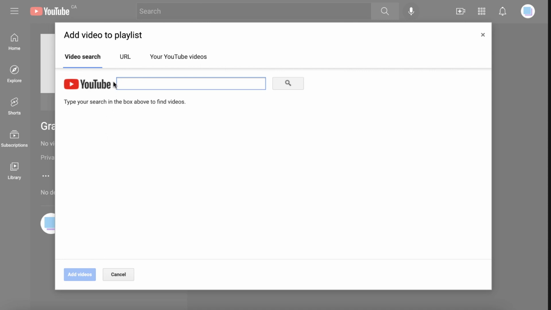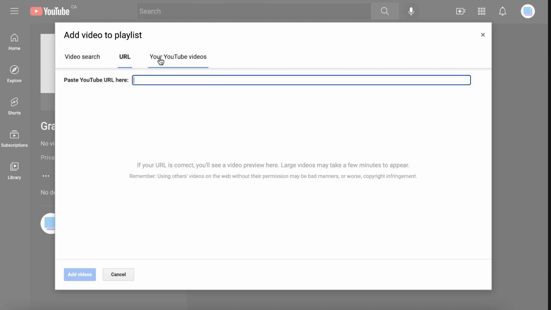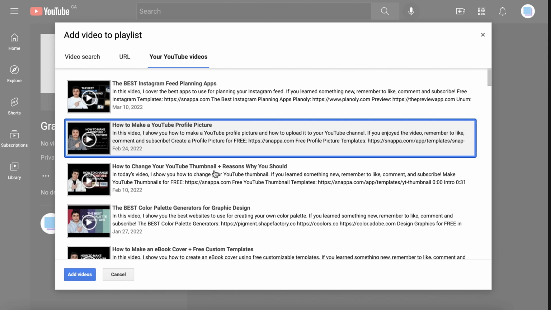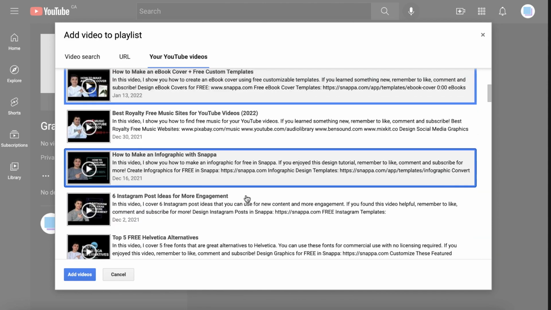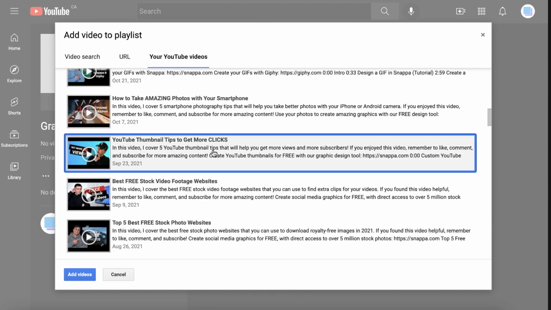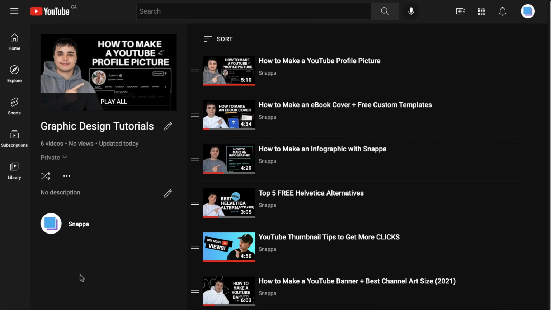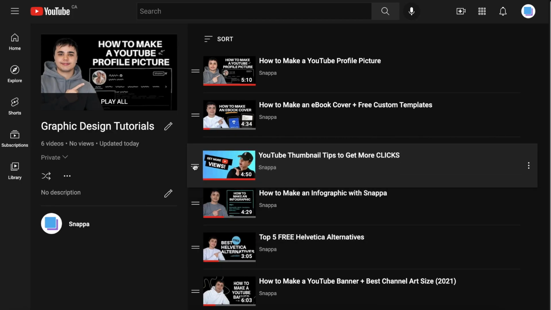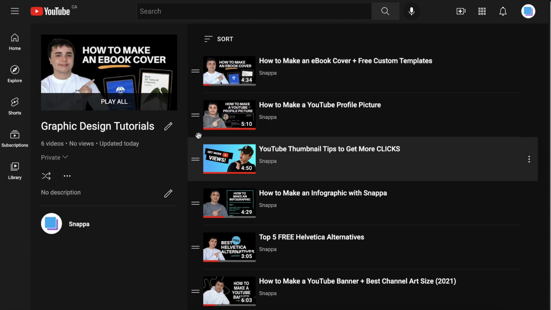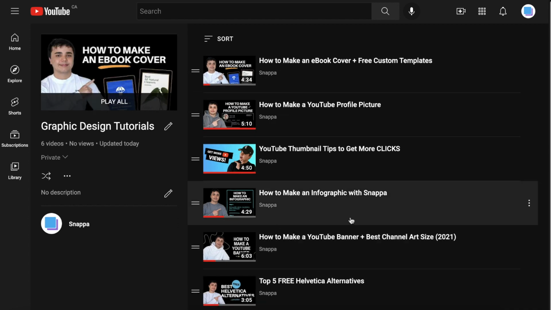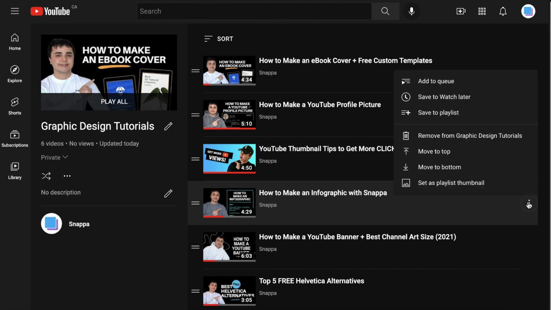YouTube lets you use the search bar, paste a URL, or add videos from your own uploads. Today, I'm going to click on a few of our uploads and add them to the playlist. Now that you've added videos to your playlist, you can use the two lines on the left to drag and rearrange the order of the videos, and you can use the three dots on the right to set a video